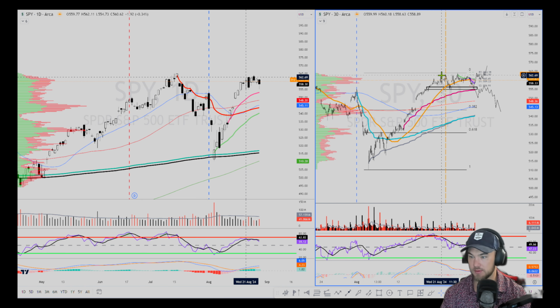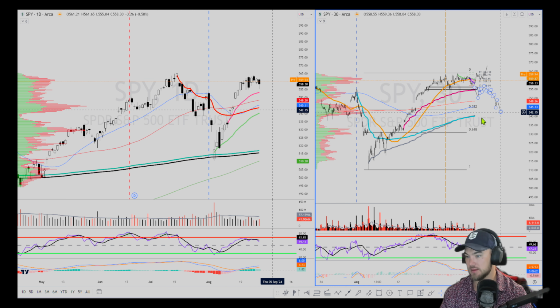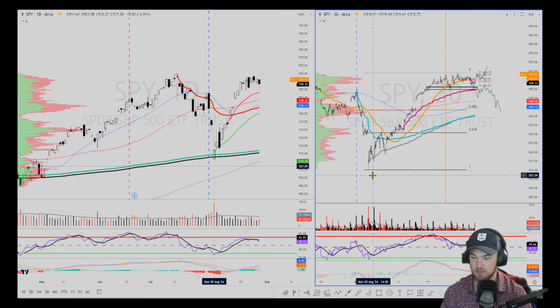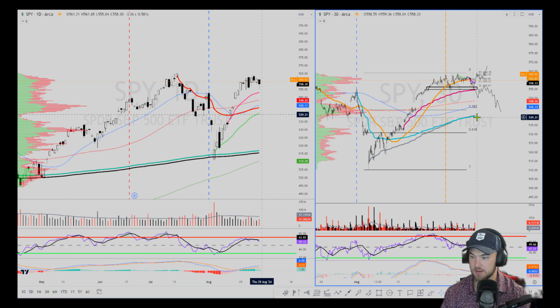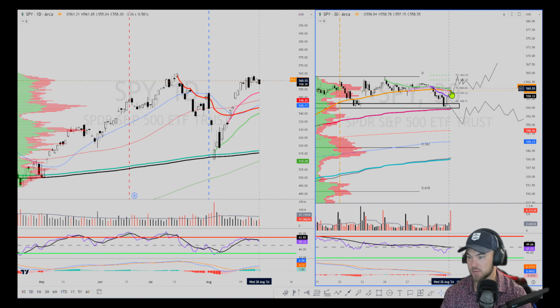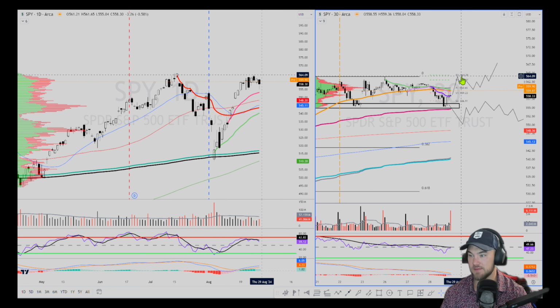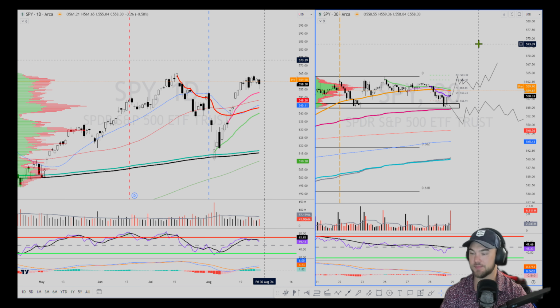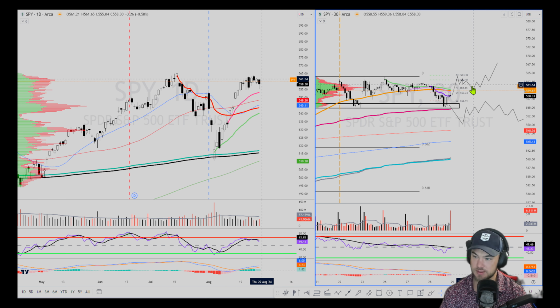So if we go 1, 2, 3, 4, 5, the retracement to this VWAP low and month-to-date VWAP would be 540, and a 0.618 retracement would be at 530. So the key thing I'm watching to see is if we could get back above this week-to-date VWAP 560, hold 560, trade into 563, consolidate, and then anticipate a break above, and see if we could set up a lower risk to see if longs can remain in control,